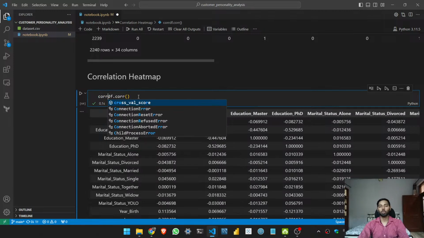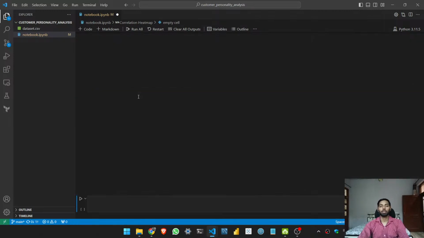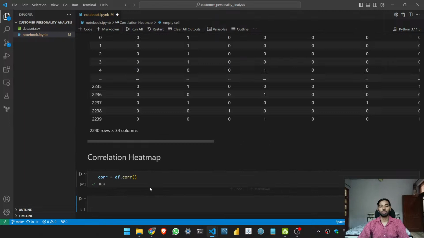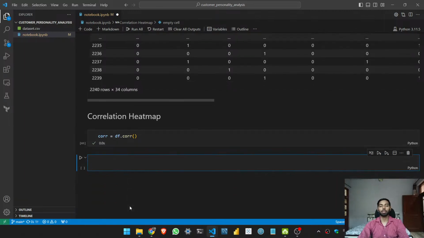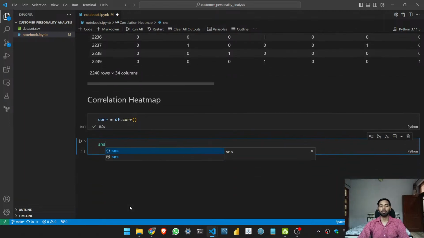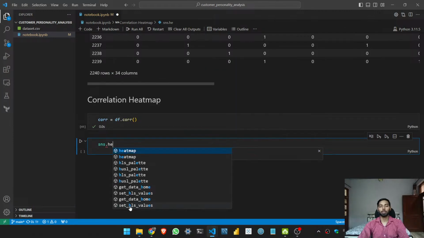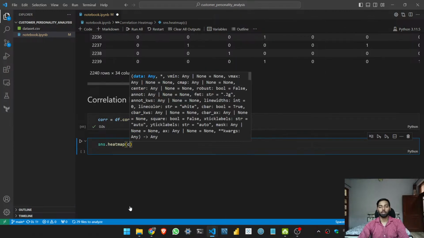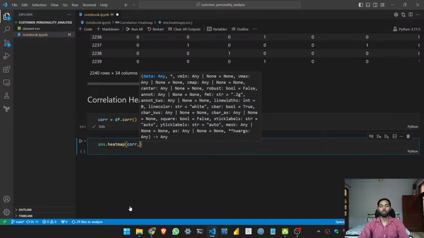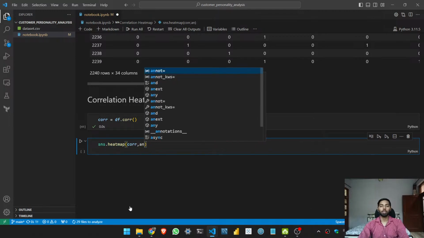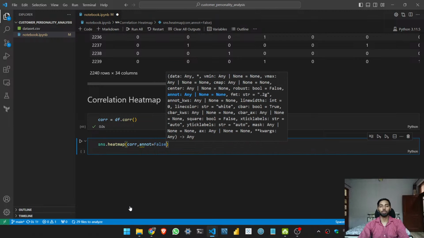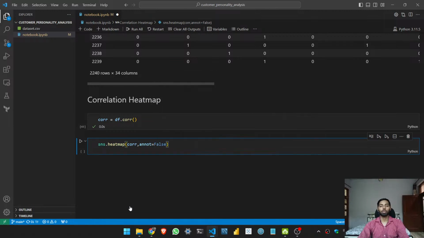Let me save this in a corr variable. And for printing the heat map, we have sns.heatmap, and then we give our data corr, and we give annotation equal to false